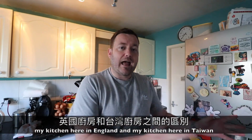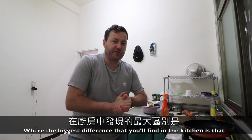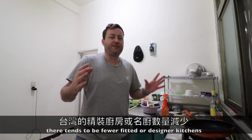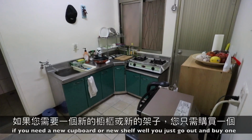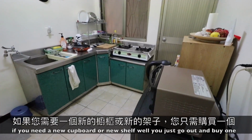in England and my kitchen here in Taiwan, where basically the biggest difference you'll find in the kitchen is that there tends to be fewer fitted or designer kitchens. People tend to build their kitchen out of necessity. If you need a new cupboard or a new shelf, well, you just go out and buy one and add